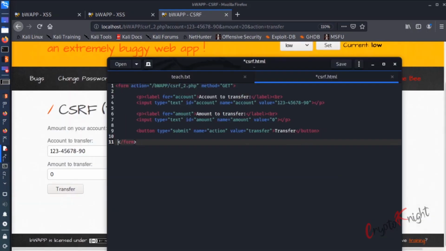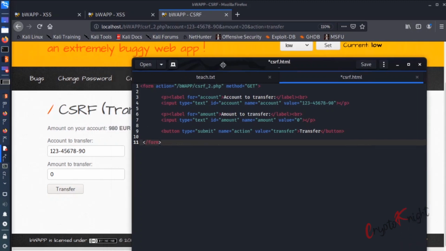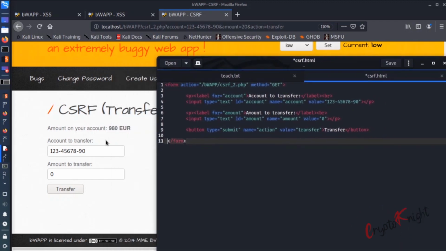So what is happening is, this website is vulnerable to CSRF, and I got this code by inspect element and copying this particular form, right? Because these are the details that I need. Let's assume this was the account of the victim's friend.